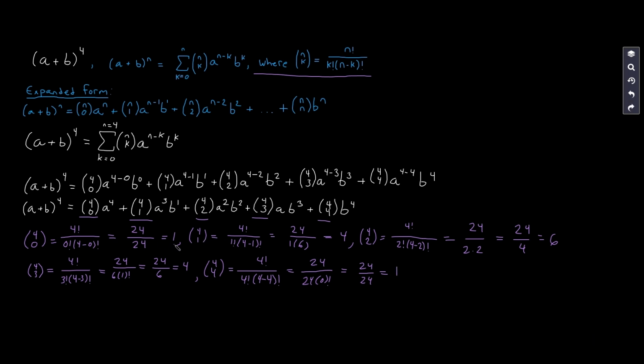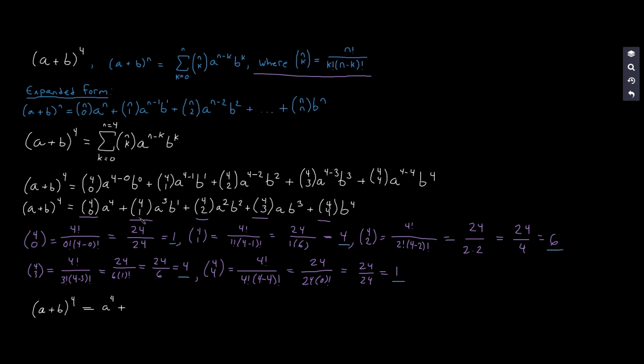We have the coefficient for our first partial sum here, the first coefficient for our second partial sum here, our coefficient for our third partial sum here, our coefficient for our fifth partial sum here, and our coefficient for our sixth partial sum here. And so we can just plug this all back into everywhere where we see the n choose k. That means that I can assert that a plus b quantity raised to the fourth power equals, well, 4 choose 0 is 1, so I'm not even going to bother writing in a 1. I'm just going to write a to the fourth power